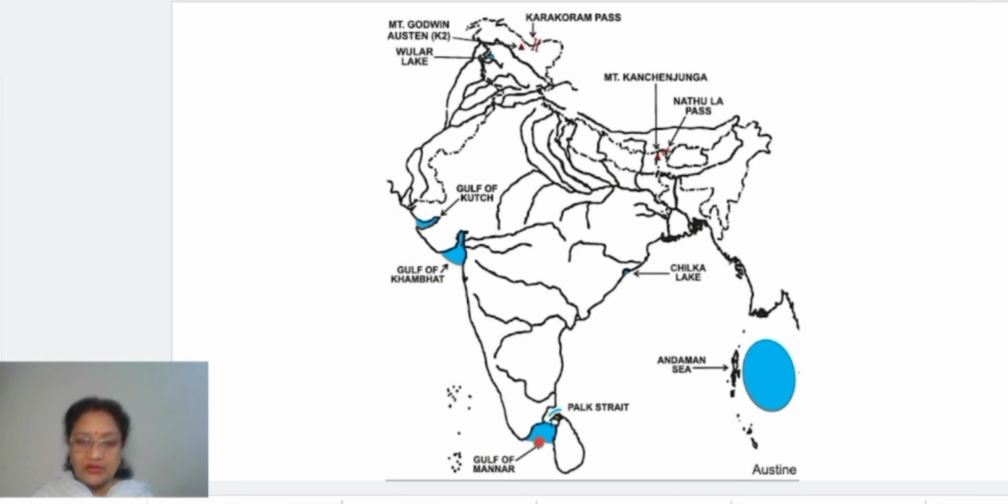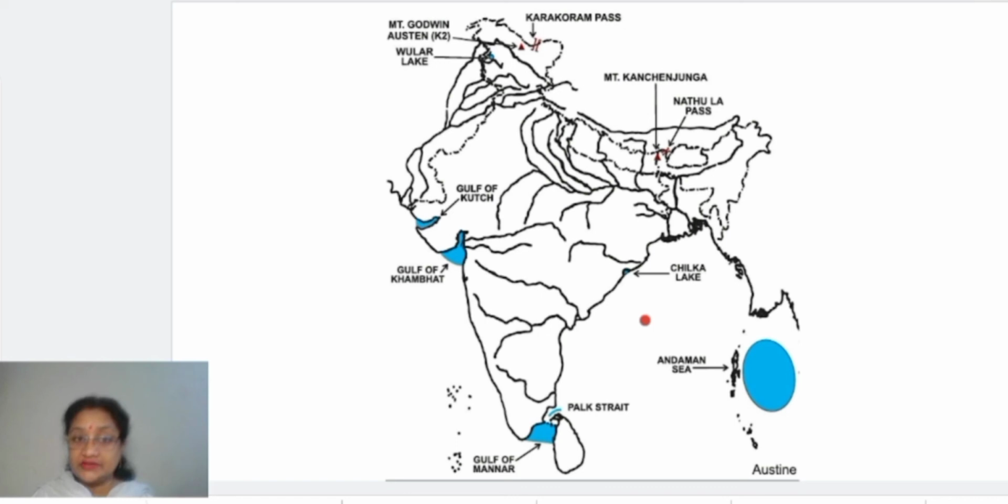You will mark only on one side of it, children, not the other side. Okay, Gulf of Mannar is only this part, we call it Gulf of Mannar. Clear now? This side you will mark blue and you will have to label it Gulf of Mannar. After all these, children, one more thing is left, that is Palk Strait.